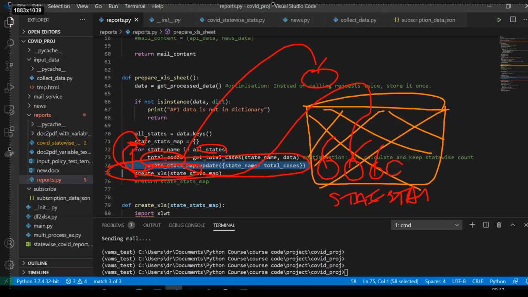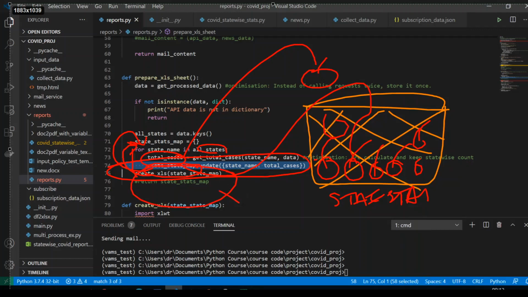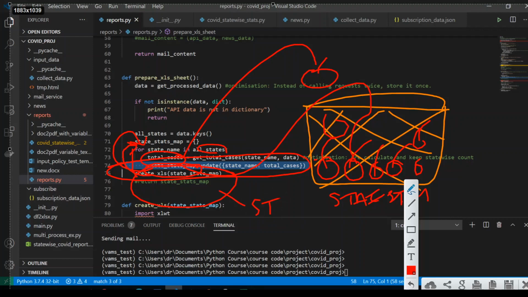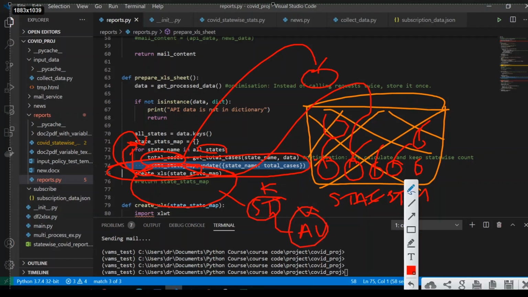Again I do the same thing for all the states, and then I have a big basket of states which are containing state name and active cases as a value. So this is key, this is value. Okay, so this is exactly what we are trying to do. So this is required in order to populate the worksheet. So let me get out of this drawing mode.